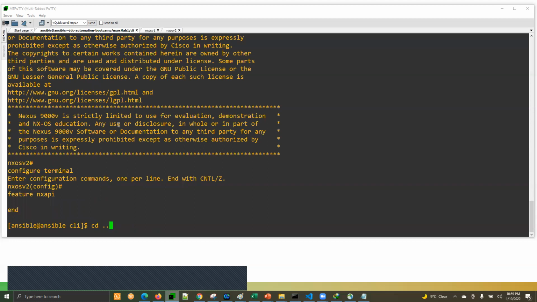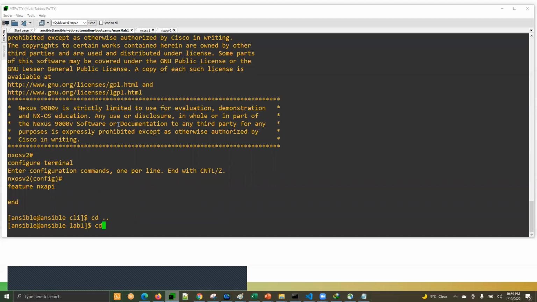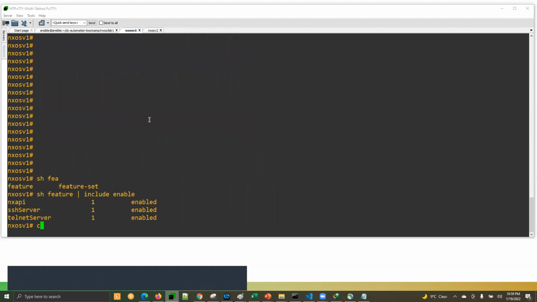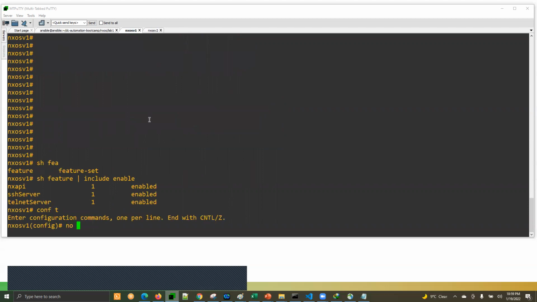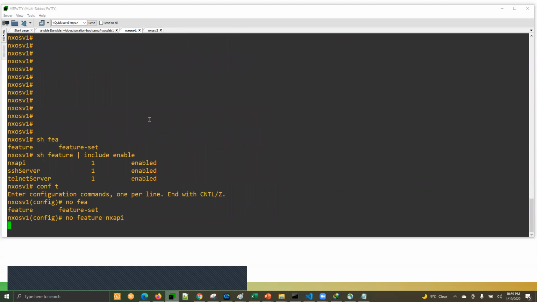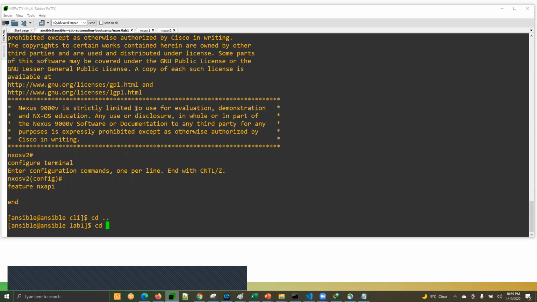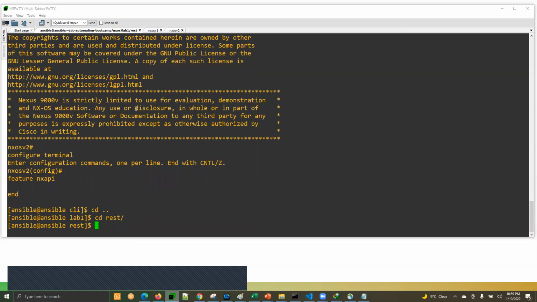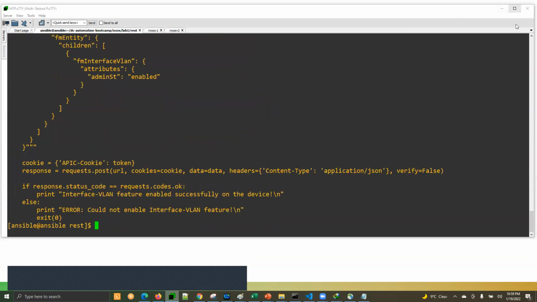Now, what if we want to use the REST API to do the configuration related to interface VLAN? Correct? So for that, again, if you want to do the REST API type of communication, obviously you should enable the NXAPI feature first. Suppose the NXAPI feature is not enabled, that means the communication will not happen and it will not work. So before going there, let me show you the program that we have,